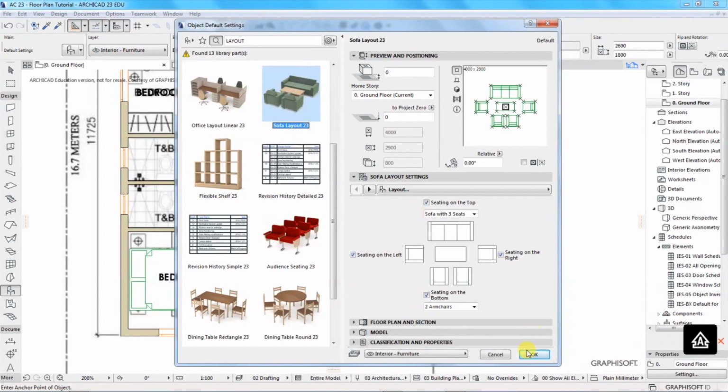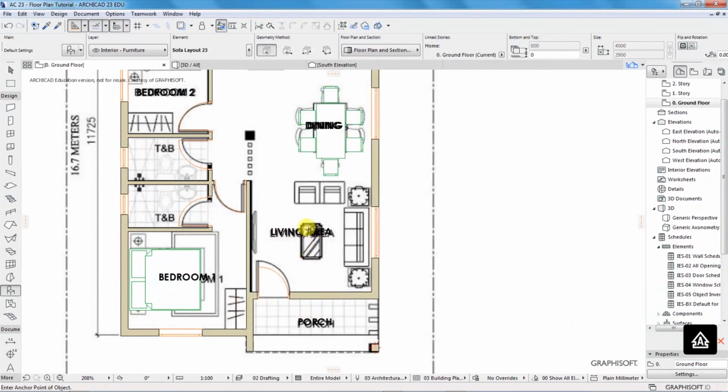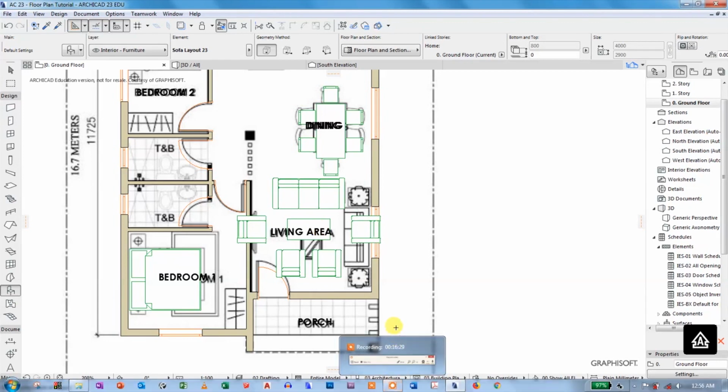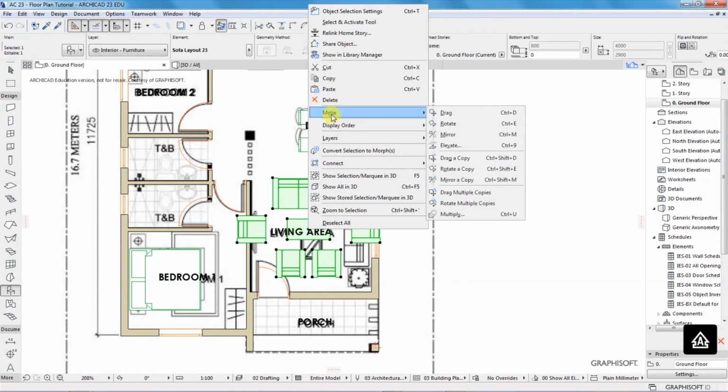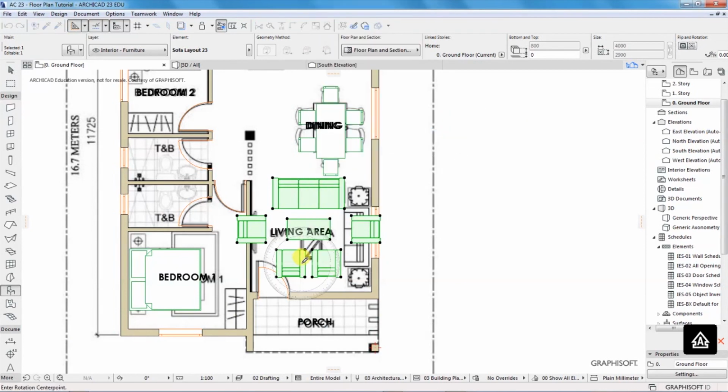Now select this and place it here. After placing it, I'll select it and rotate it to position. I want to have, let me rotate it towards this side